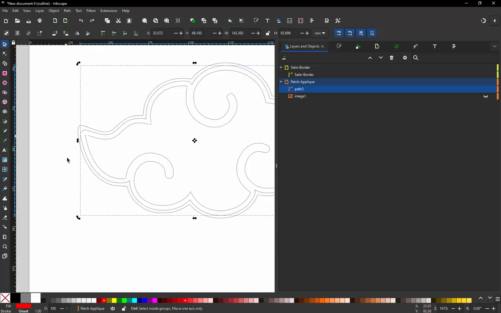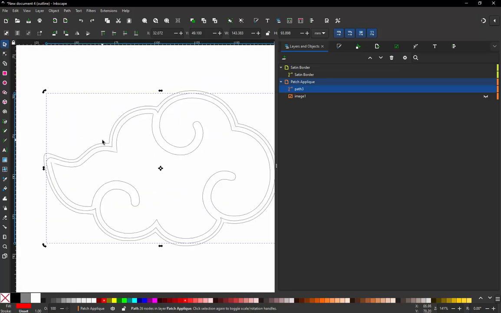You don't really have to simplify the path. I'm just saying if that's what you want to do, you could certainly do that. Okay? So now we have this path, this newly created offset path, and now we're going to call this